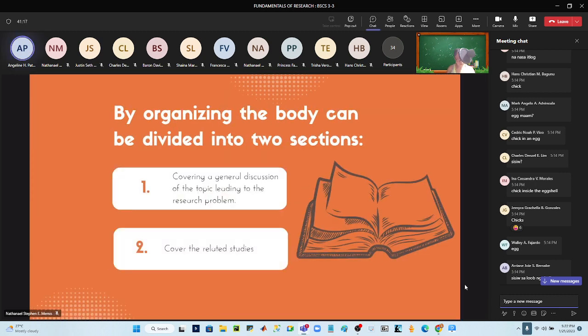Sa pag-organize ng body ay nahati ito into two sections. First is covering a general discussion of the topic leading to the research problem. Kumbaga, ito yung main topic ng studies. For second section, will